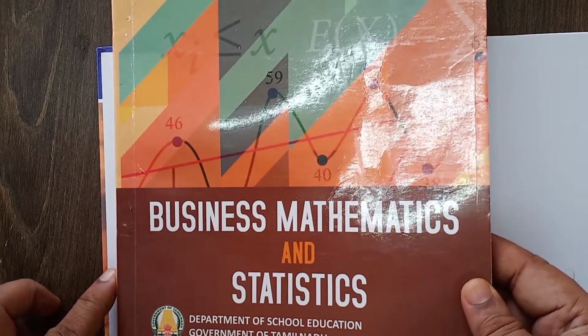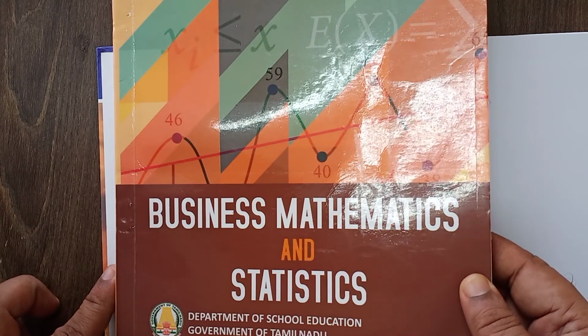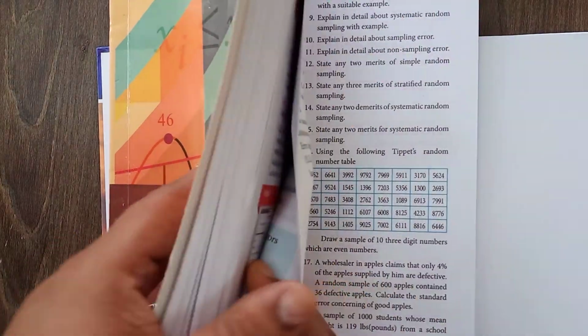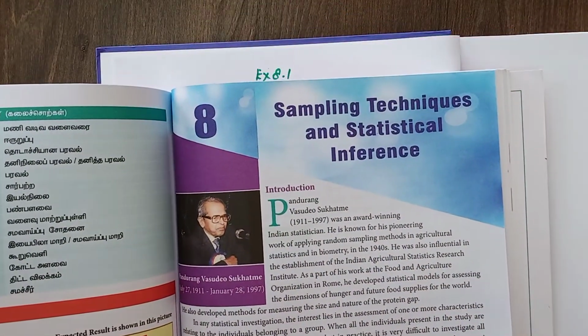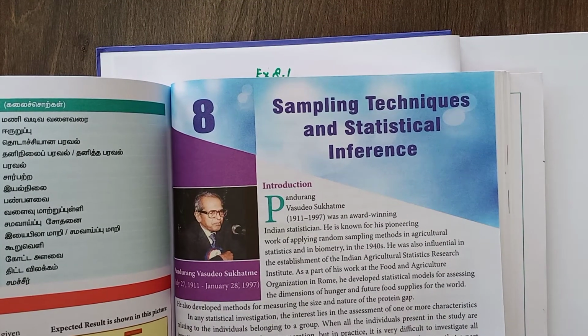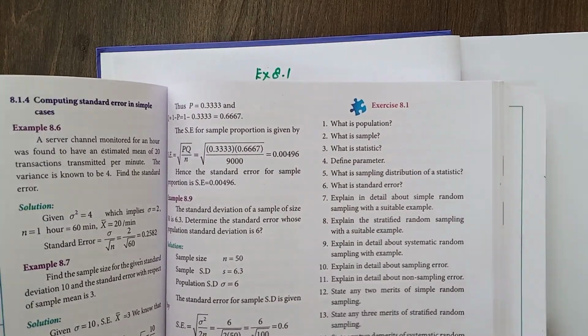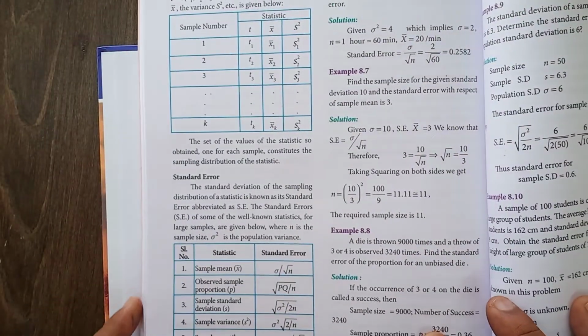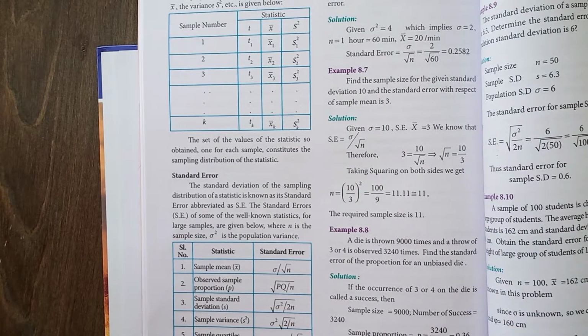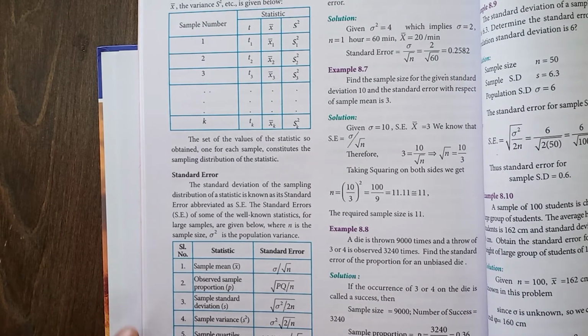12th Standard Business Mathematics and Statistics, Chapter number 8, Sampling Techniques and Statistical Inference. In this chapter, you must note down the values, note down the formulae for